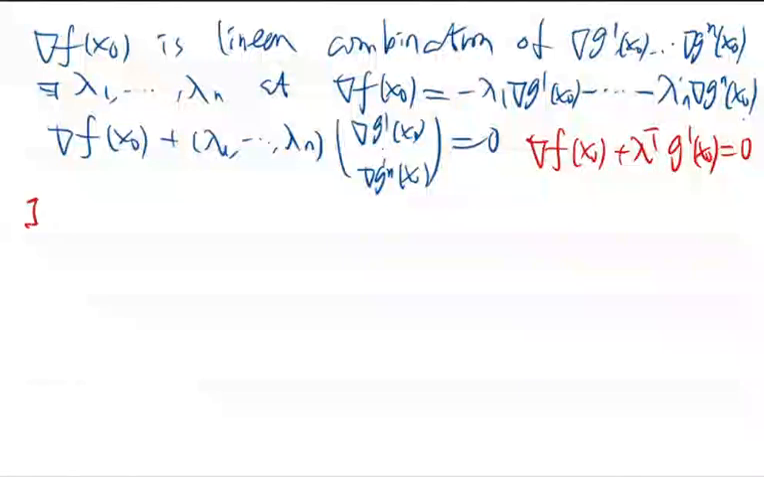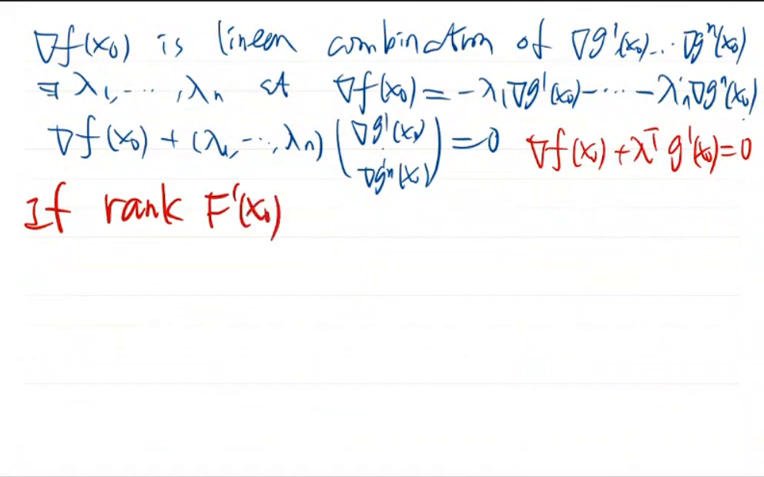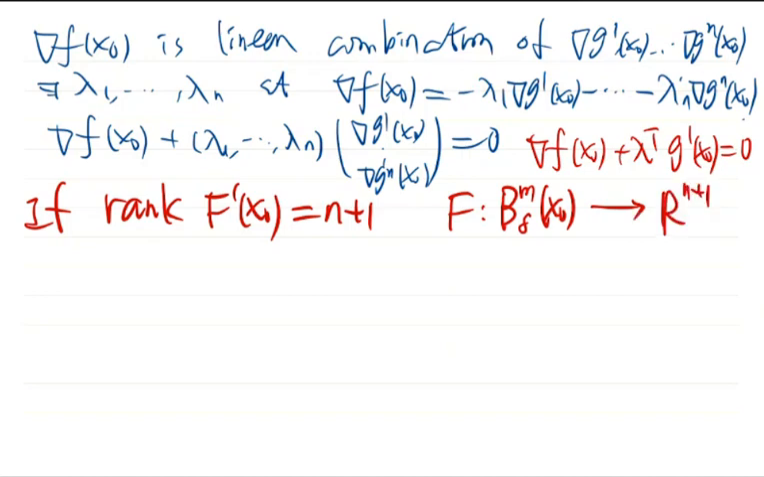Prediction. The rank, as I said before, is either n or n plus 1. It could not be less than n. Suppose the rank is not n, then it must be n plus 1. So our F is a map from the delta neighborhood of x0 to R^(n+1). If the rank of the derivative at x0 is n plus 1, by our previous theorem,